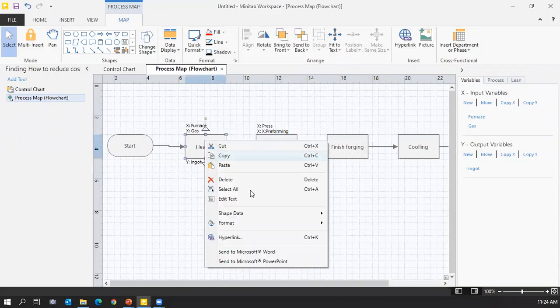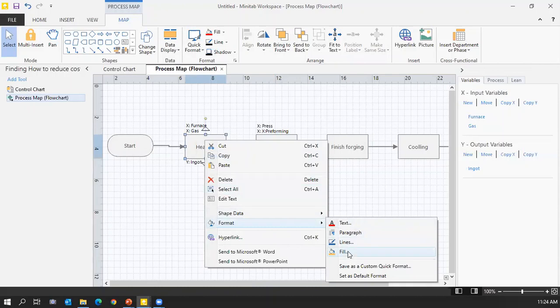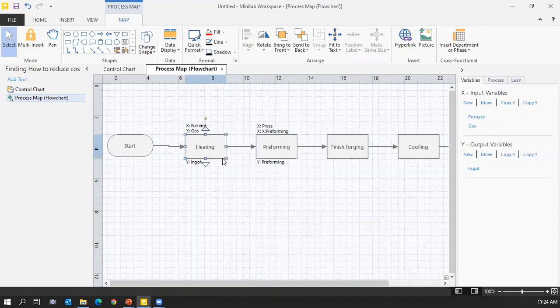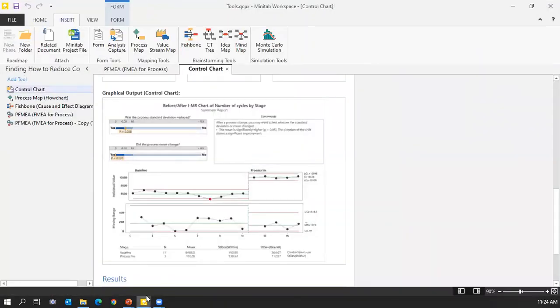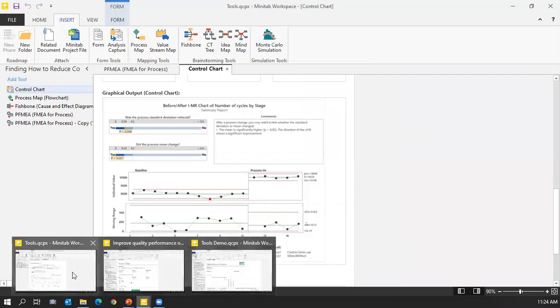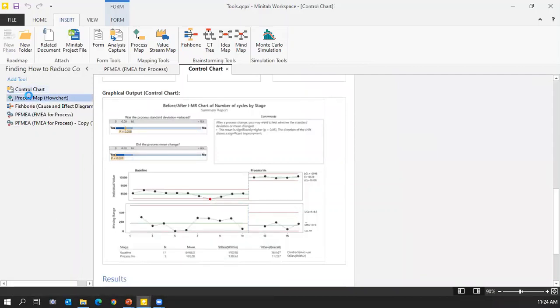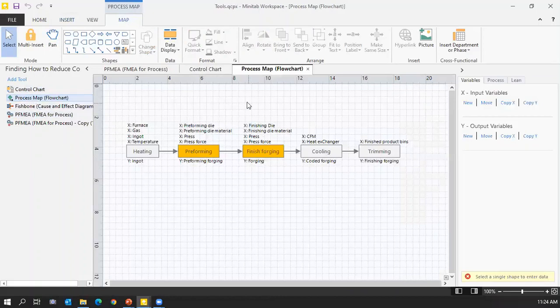Okay, so maybe you want to change the color here. Okay, you just click and then you can format for this one. Maybe this process is the most important. So maybe you want to change to other colors. So I already done it for all this process map. So I color code with the yellow color, which means that I assume that this one is the most